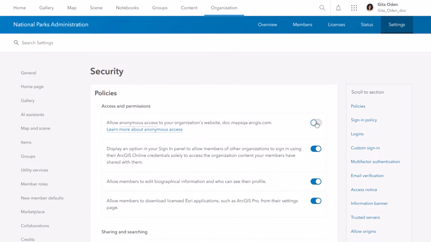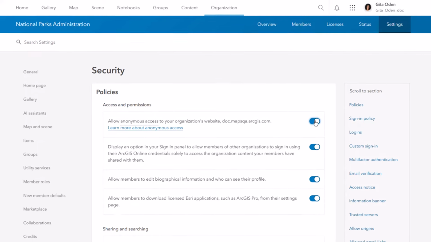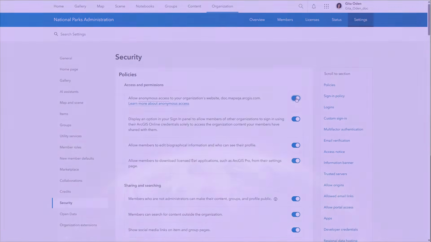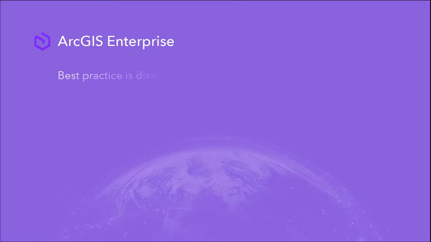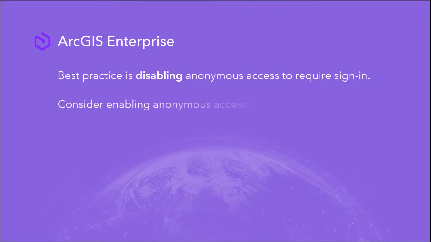The opposite is true when anonymous access is enabled. Enabling this setting means that anyone can access the organization website and view publicly shared items and groups without signing in. In ArcGIS Enterprise, it is best practice to disable anonymous access to protect organization resources. But you may consider enabling it in certain cases to make the organization website and publicly shared resources available without